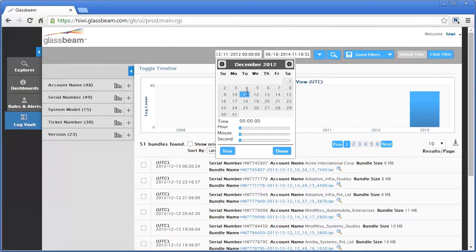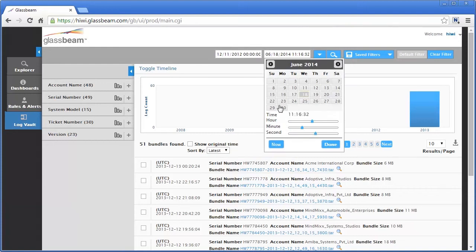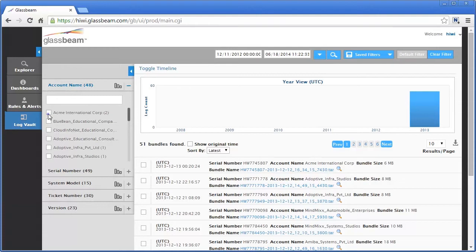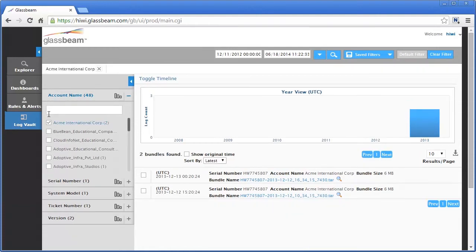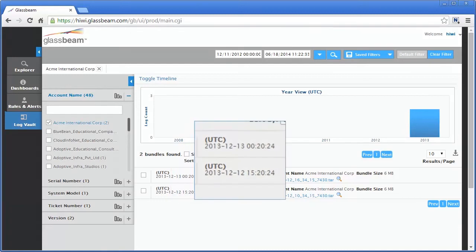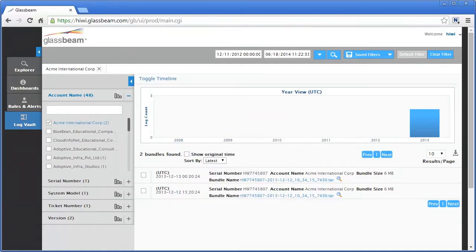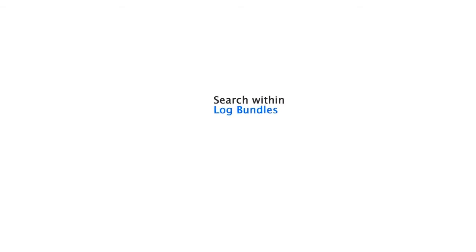I will use the date filter shortcuts to limit data to the last 2 weeks, and then use the customer filter to select Acme. Here I see that the log I have received is the latest, and hence I can continue with my troubleshooting. Now that we have the latest tech support log bundle, we can restrict the search to